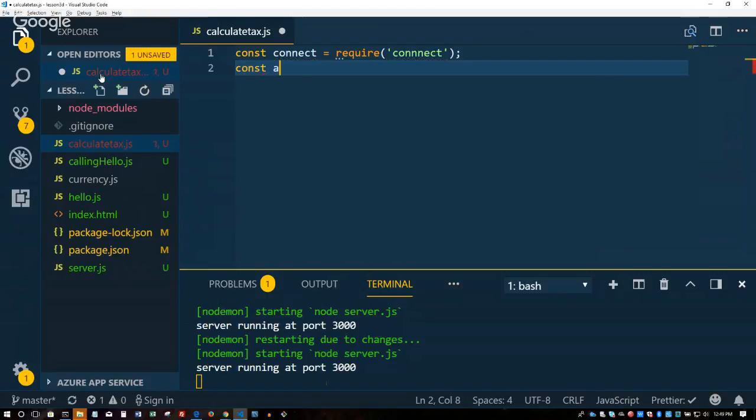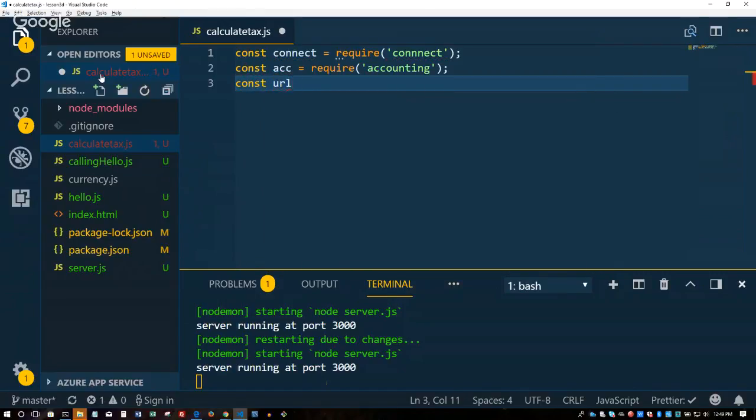We're also going to use, because we're using amounts, that accounting package. So I'm going to say const accounting. I'll just use acc for now because it's shorter. Equals require accounting. Right. Also, I'm going to use one of the core modules, which is URL. In week 1, we used one of the core modules called HTTP.